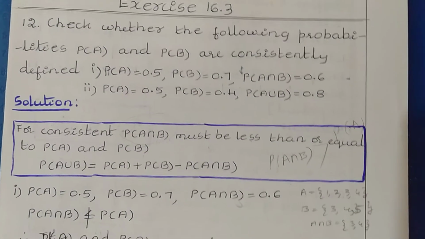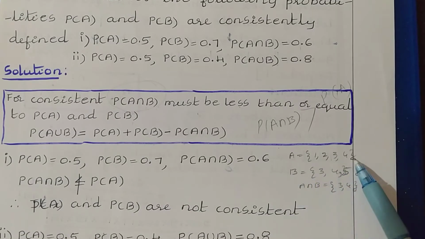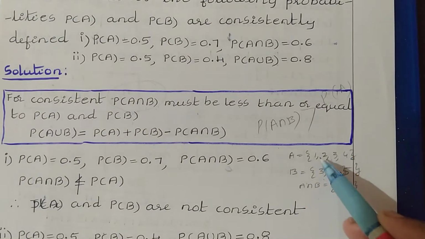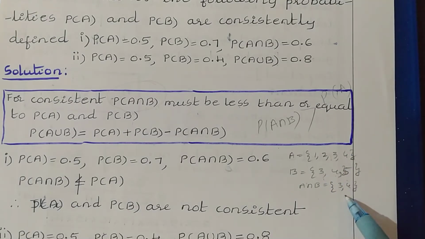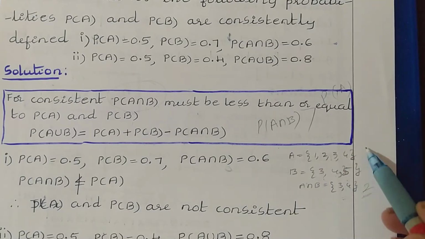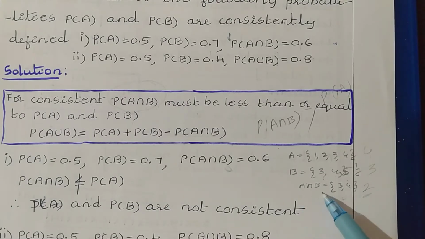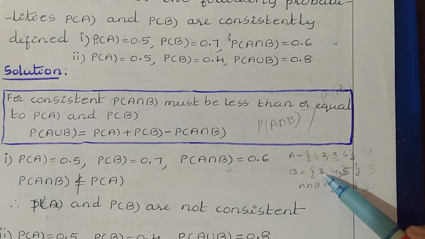For example, let us say that we have a set A with 4 elements 1, 2, 3, 4 and B with the 3 elements 3, 4, 5. Now here if I find the A intersection B, the common elements in A and B set are 3 and 4. So we get the answer 3, 4. So here we have 2 elements, here we have 4 elements, here we have 3 elements. So you can see that here A intersection B is less than A or B.